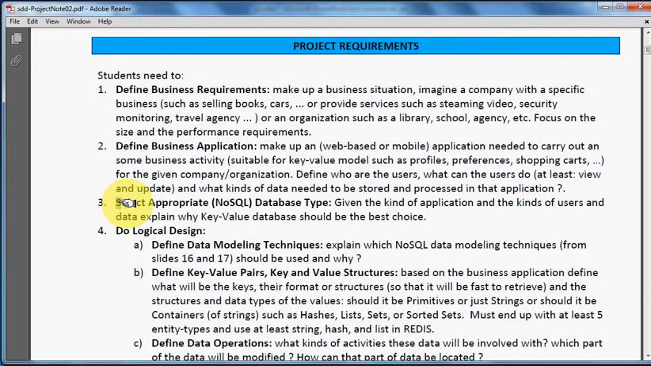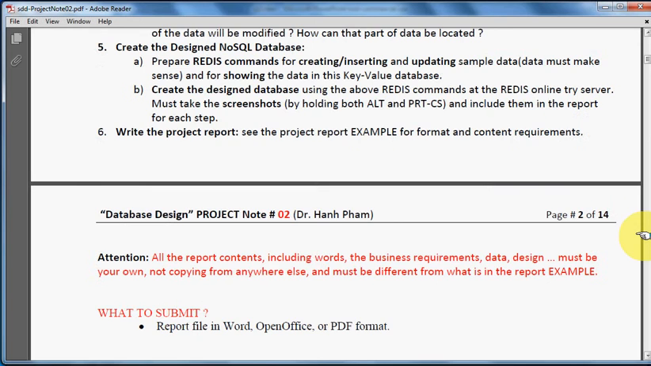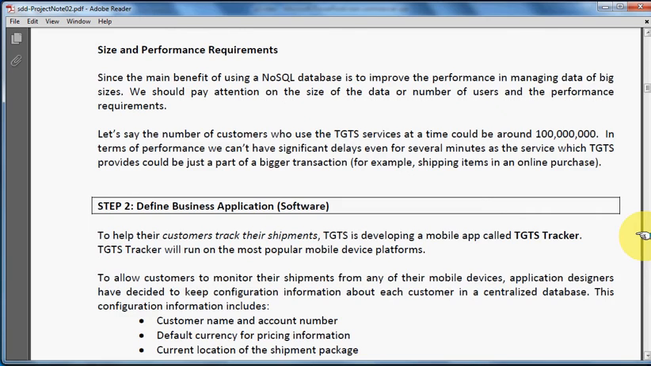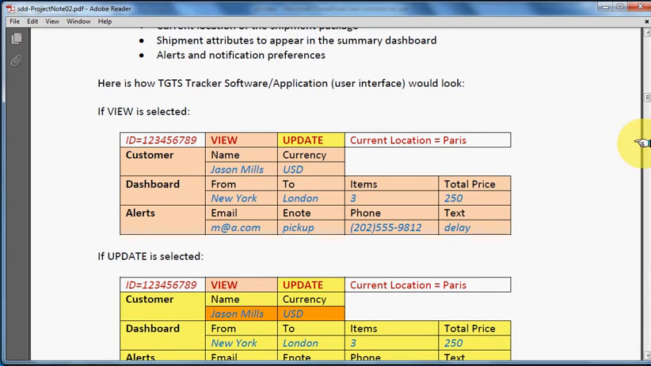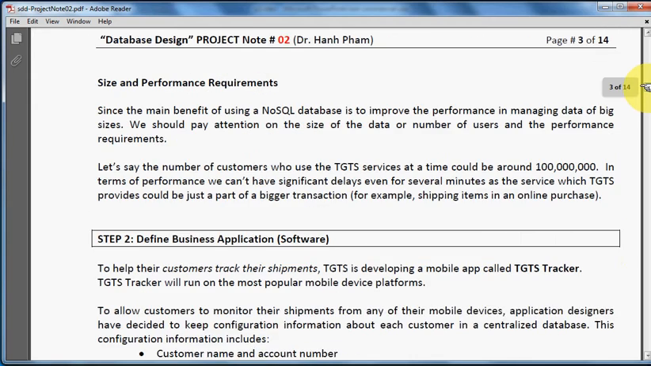because in the next step, select appropriate database type, you would need to explain why the key value database would be the best choice. You can read more explanation about that part if you go down over here. Okay, so